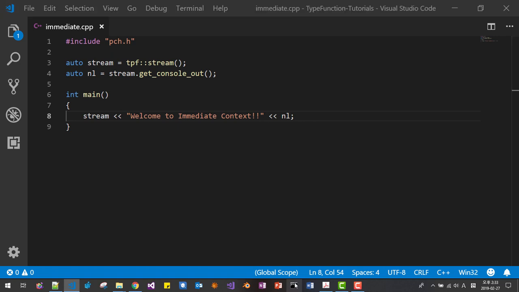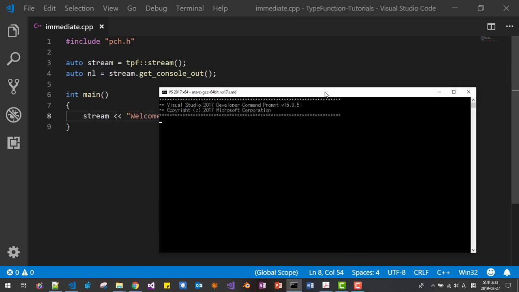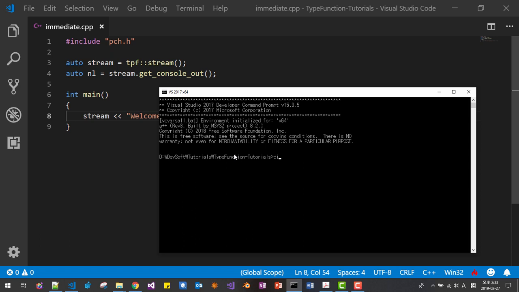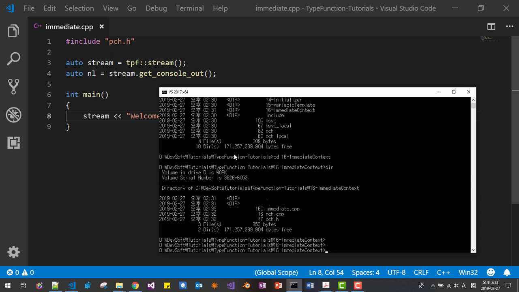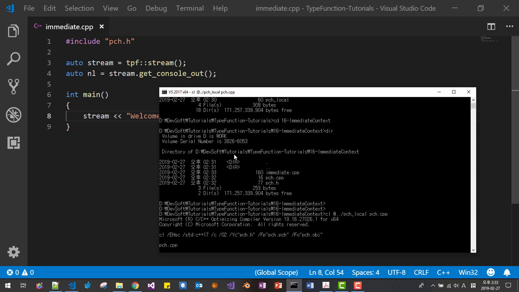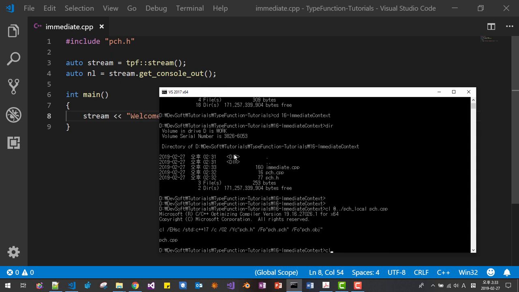In the command prompt, dir, cd 16 immediate context, dir. cl at pch local pch.cpp. We are compiling the precompiled header. Then cl msbc local immediate.cpp.